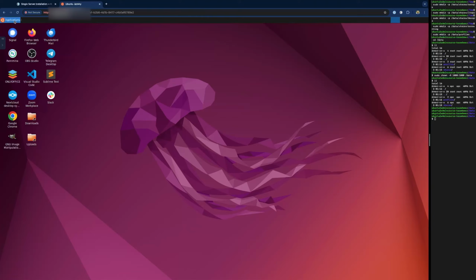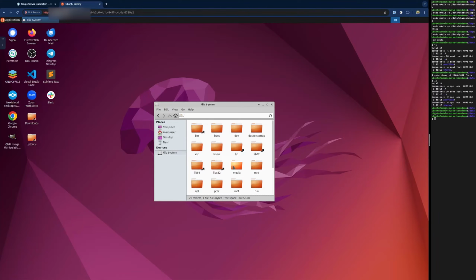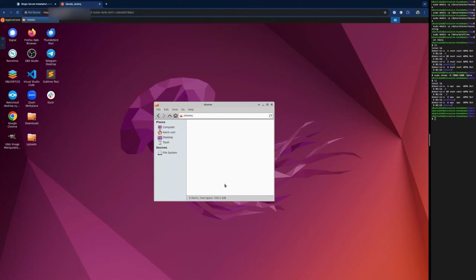Okay, now that we have Ubuntu Jammy open, let's go ahead and bring up File Manager. We'll go to the File System, and we're going to look for Shares. And so this is the volume mapping that we made and configured. And so inside of here, let's go ahead and we'll create a couple of folders. We'll do accounts receivable.